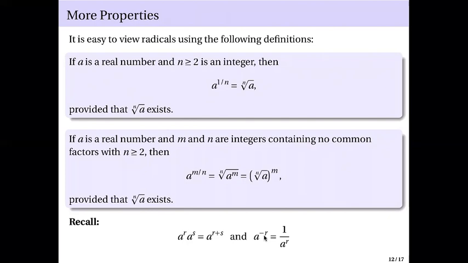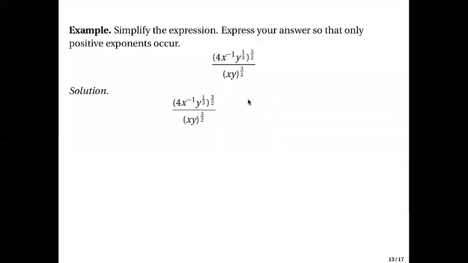Okay? So our goal is to simplify expressions involving exponents or radicals. If you have radicals, it's easier to work with exponents, so you convert the radicals into exponents. Okay? So for example,